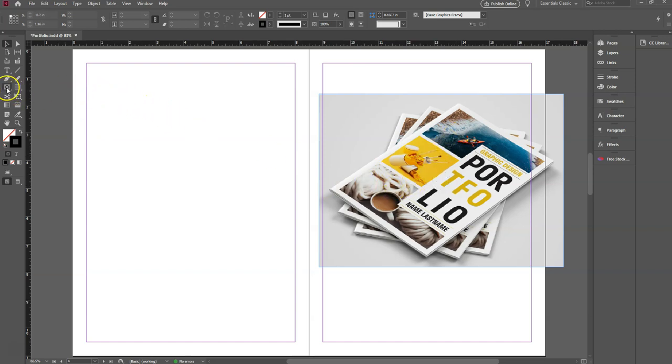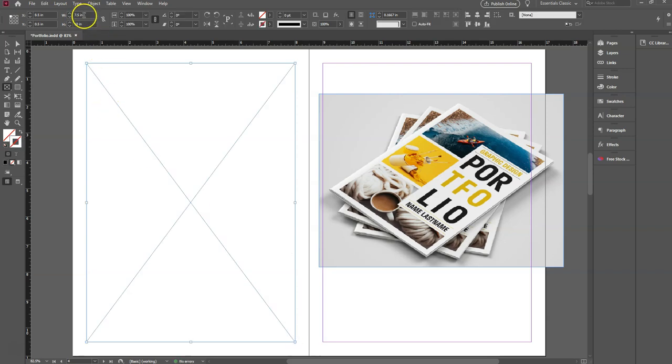So first thing I want to do is click on this rectangle frame tool. What I have here is a document. I set it up for print, and it's 8.5 by 11. These margins are 1/2 inch on each side. So what I have here is a 7.5 by 10 inch rectangle. I'm just going to put this placeholder here. So that is 10 inches there, but if we want 3,